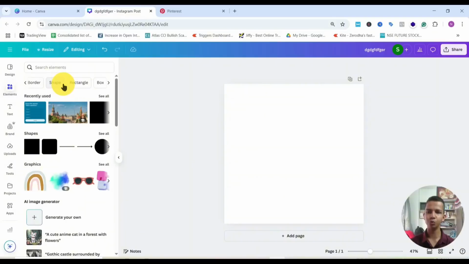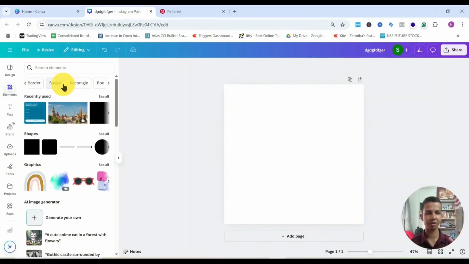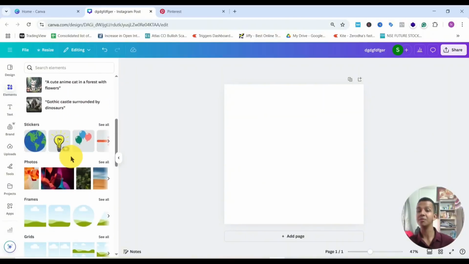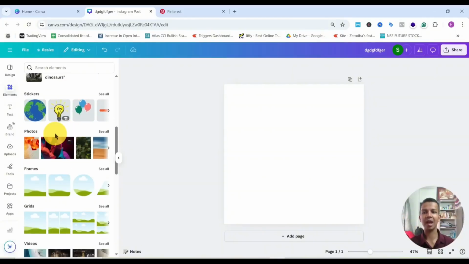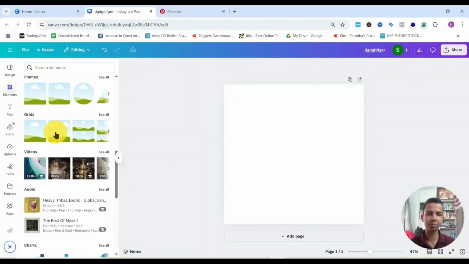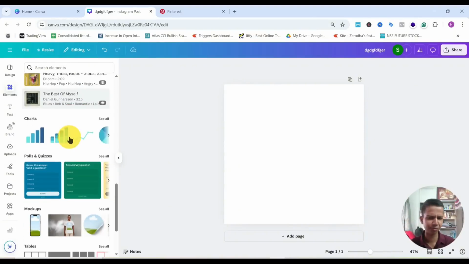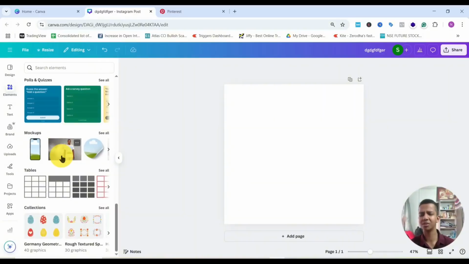So let's see some types of Canva elements that you will see in the elements tab. We have icon shapes that are geometrical shapes, of course. In graphics, we have icons, SVGs, illustrations. Then we have this AI image generator. We have stickers, of course. We have GIFs. We have stock photos, stock videos. We have frames. What are frames? We will understand this. We have audios, charts, infographics, polls, mockups, tables, collections, and